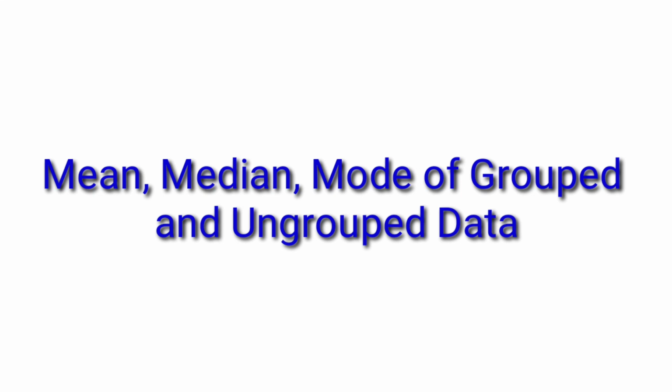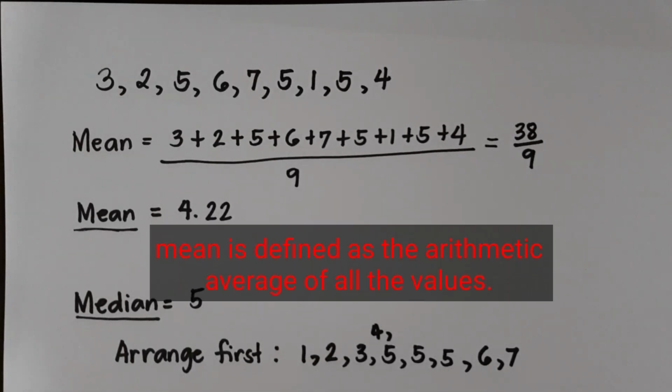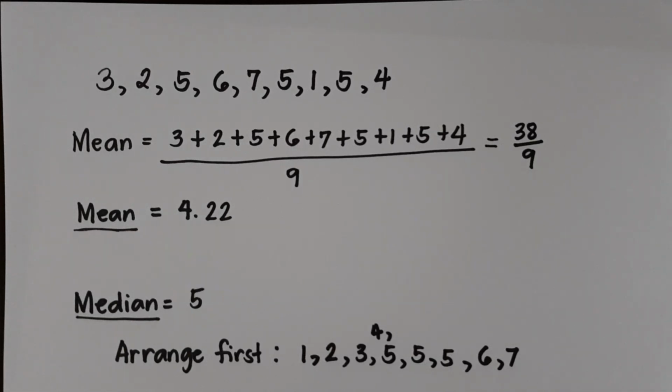Today, we're going to find the mean, median, and mode of grouped and ungrouped data. So suppose you're going to find the mean of this ungrouped data. We have 3, 2, 5, 6, 7, 5, 1, 5, and 4. Now to find the mean, you will just have to add all the numbers and then divide by the number